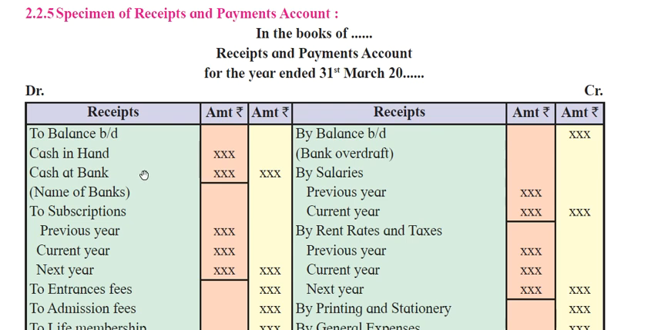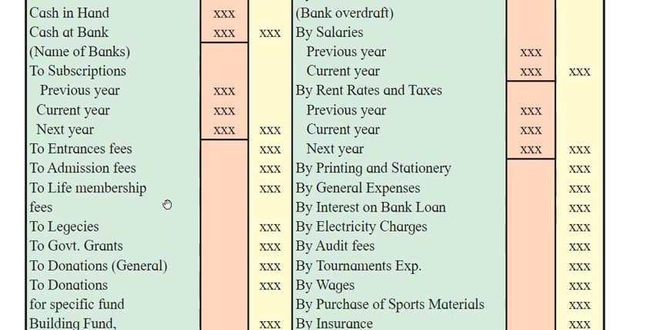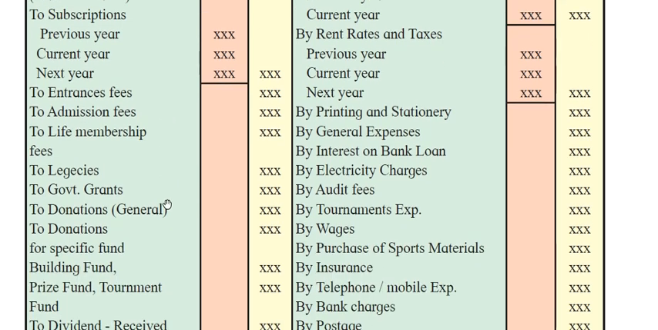So, to balance brought down, cash in hand, cash at bank, name of the banks will come, and to subscriptions: previous year, current year, next year. While calculating our receipts, we need to consider these years, previous year, current year, and next year. And entrance fees, to admission fees, to life membership fees, to legacies, government grants,